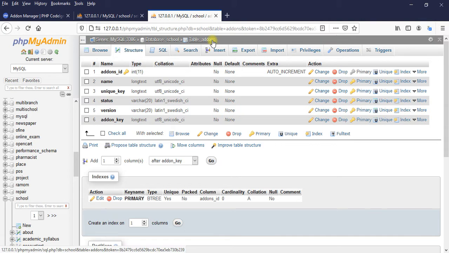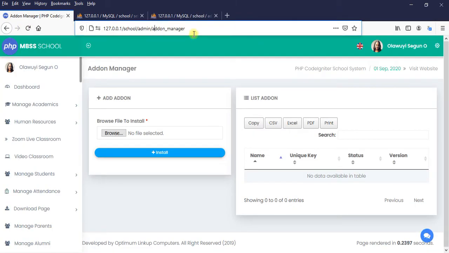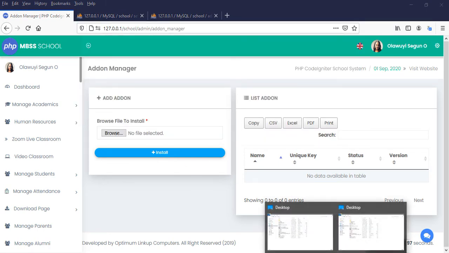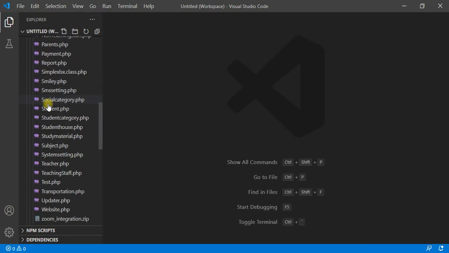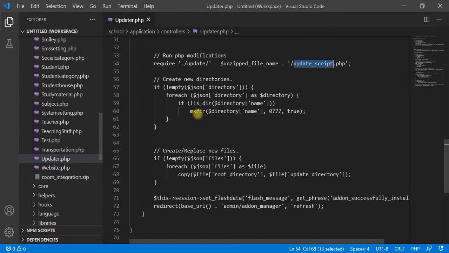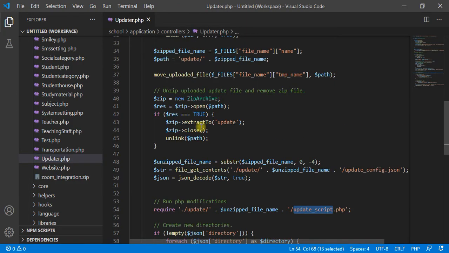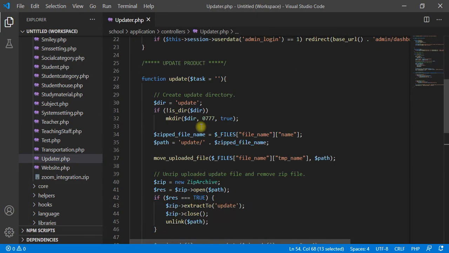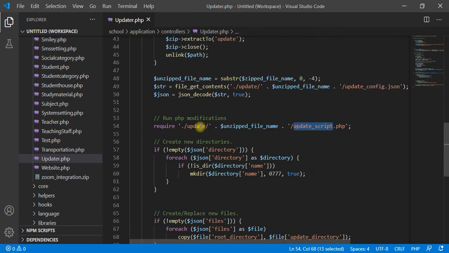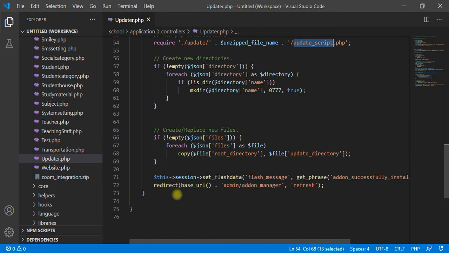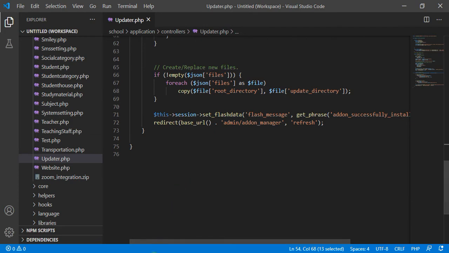So you must have the add-on table prepared, and the add-on page prepared, including the updater. Let's go to the controller, including this file. It is because we are using this to learn that I'm creating this updater controller for the first time. But all this should have been put in place before you sell to your client,